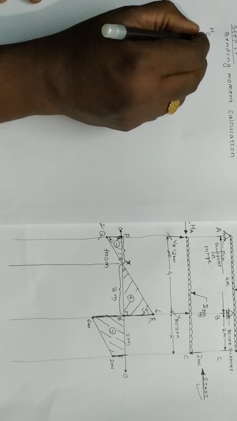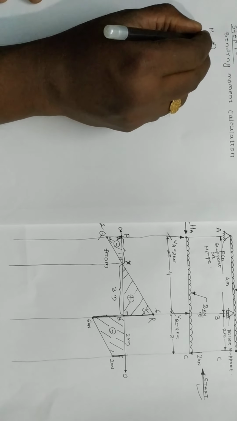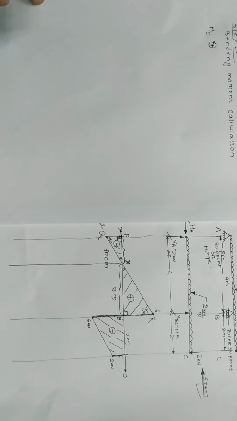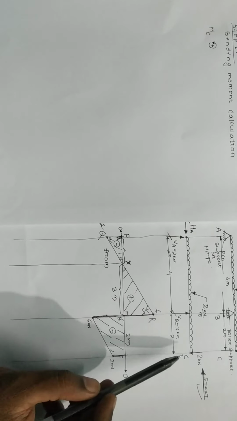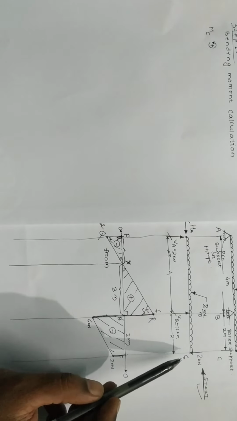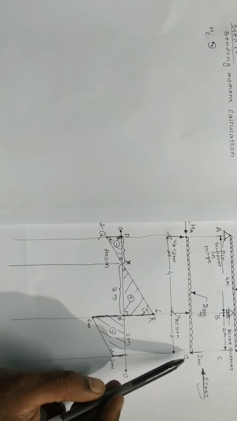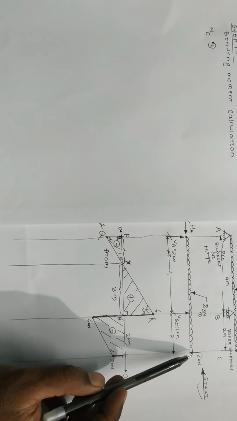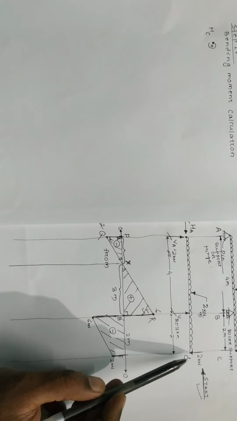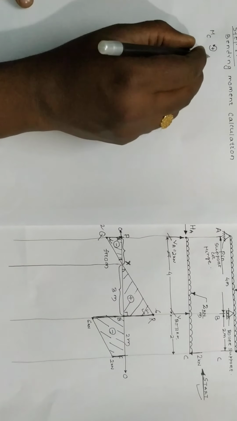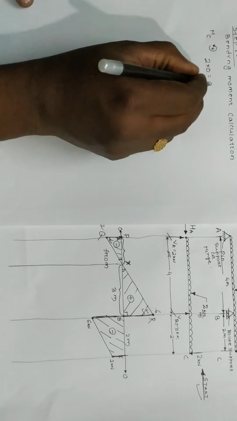And what will be the sign convention? We will take all the counterclockwise moment as positive. So as we are starting from this right hand side, at point C only the 2 kilonewton force is there. So what will be the moment? The force is 2 kilonewton, and the perpendicular distance between the line of action of this 2 kilonewton force and point C is nothing, 0, because the force is itself passing through point C. So the distance is 0, and this will be 2 into 0, which is 0.